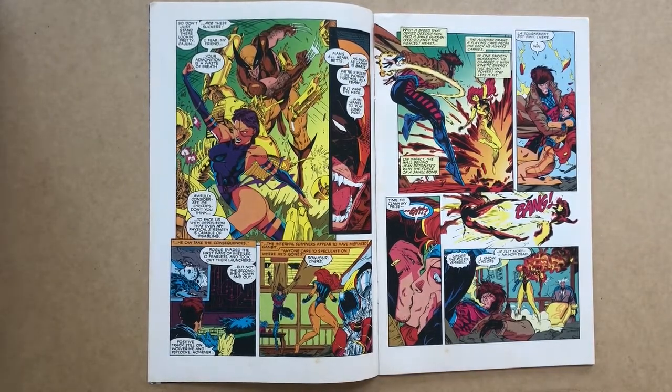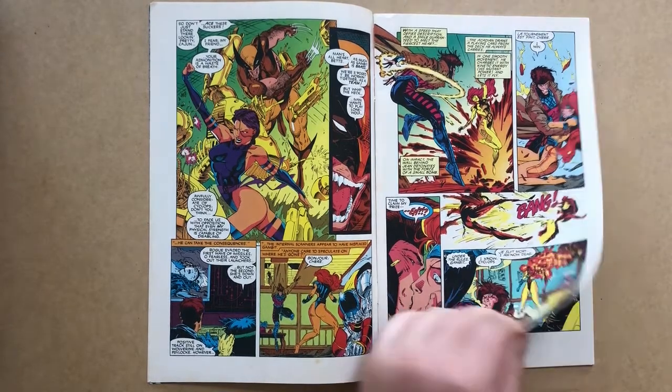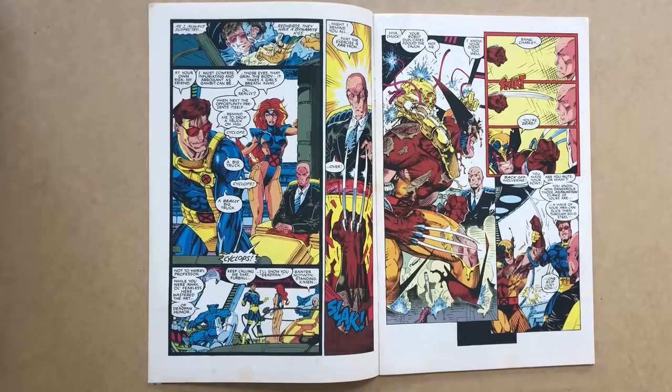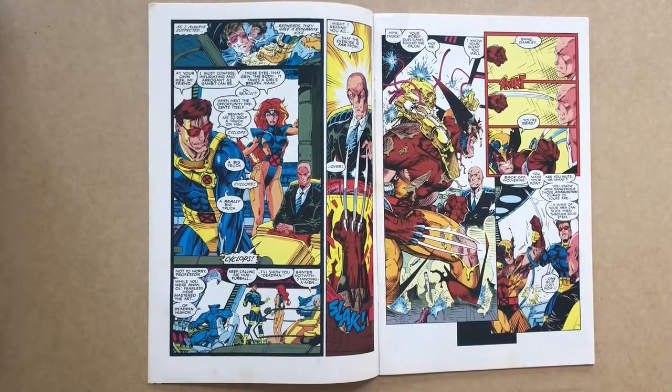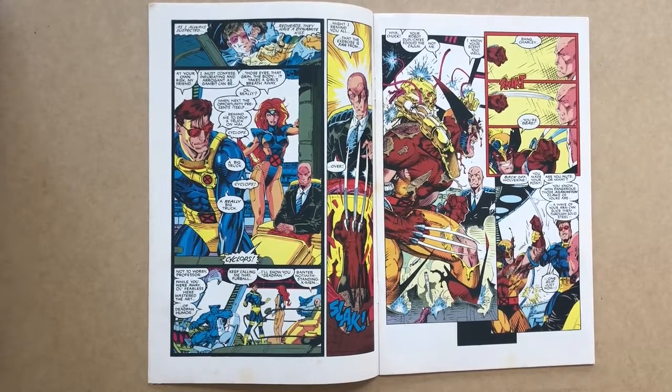And then, because Gambit is a bit of a charming rogue, kissing Jean Grey, but it turns out that it's not the true Jean, rather it is a decoy robot that explodes. But who is it that ultimately finds Professor X? It's Wolverine, whose senses, his sense of smell in particular, aren't fooled by robot duplicates, and he busts his way